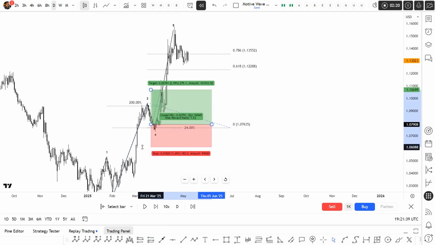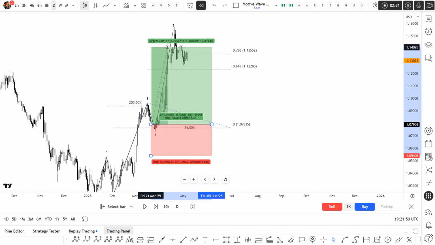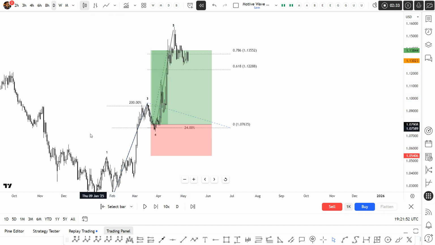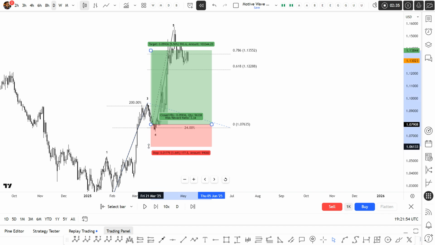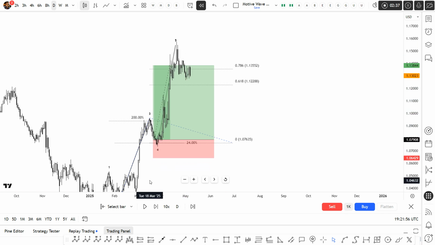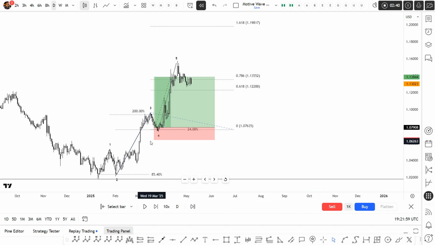Even if I'm taking entry from this whole area here, for example, here is my entry. My stop loss should be below the level. At least we believe that wave 4 should never get to the starting point of wave 1. So my target will be this. But there are things I usually look out for. If I see an obvious rejection, then I usually place my stop loss below